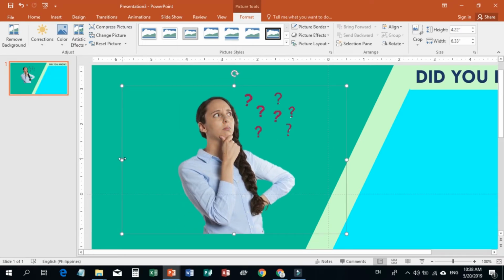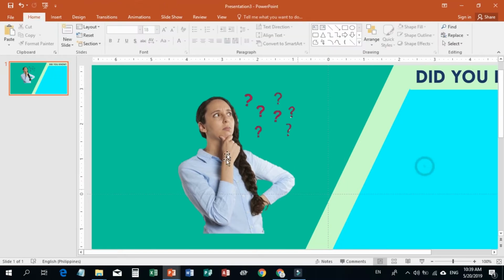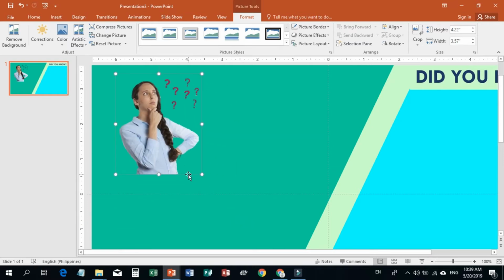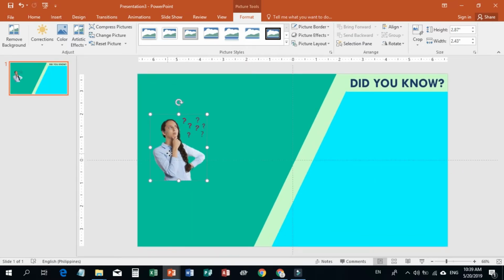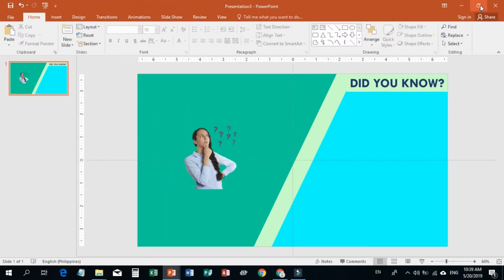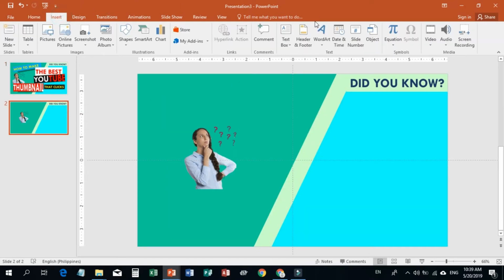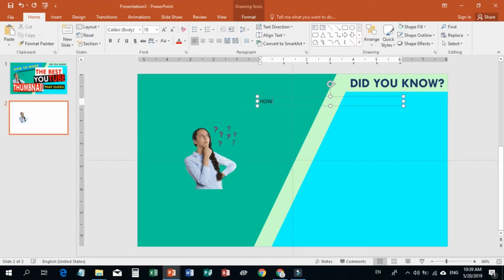So you notice that the picture holder is too big for this image. So I'm going to adjust this by cropping this picture border. Okay, so once I'm satisfied with this size, I'm going to click, so notice that the border now is reduced, right? So now I have a transparent background picture. The next thing we're going to do is to make this text over here. So what we're going to do is to just insert a text box and then write down here and then type